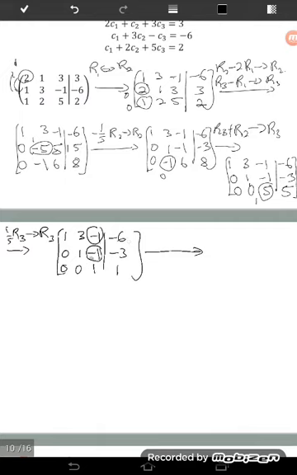Then making these ones become 0. For the second row, row number 2 plus row number 3 and put it back at row number 2. And the same for row number 1. So row number 1 plus row number 3 and put it back at row number 1. So we have here, first row didn't change, so 1, 3, negative 1, negative 6. And here is 0. Row 2 plus row 3, put back at row number 2. So 0 plus 0